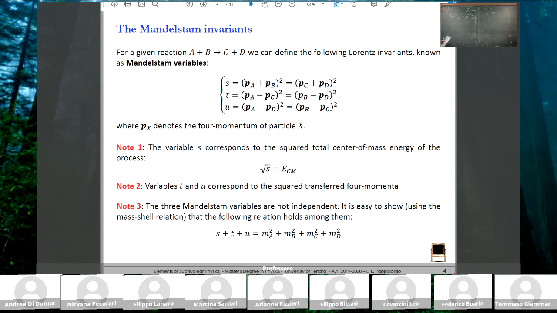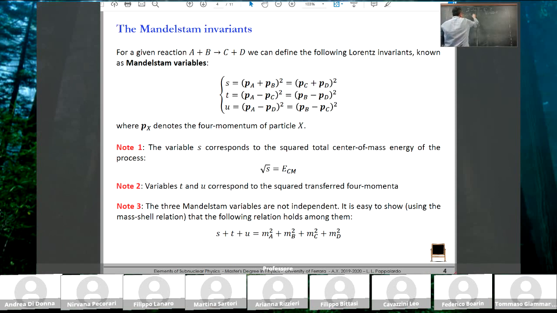Let's now discuss the more general case where B is different than C. So we are now in the case where B is different than C, and we start by calculating our Mandelstam S as usual. So we know that this must be equal to the total energy available in the decay, which can only be the squared mass of the mother particle. And now by definition this is the 4-momentum of B plus the 4-momentum of C, squared,